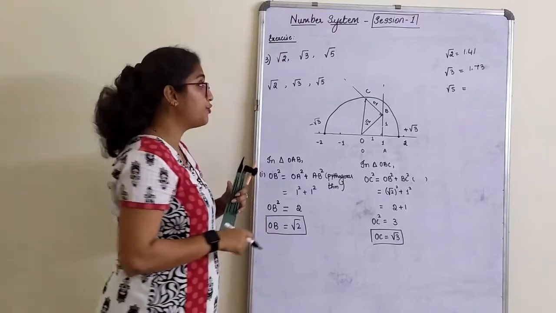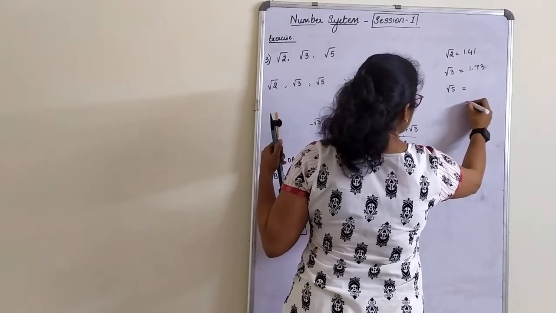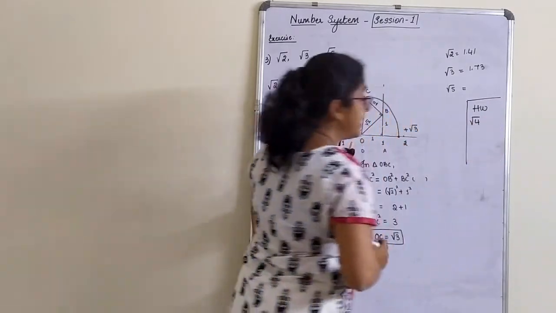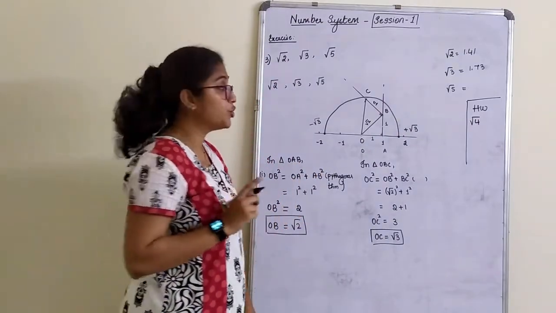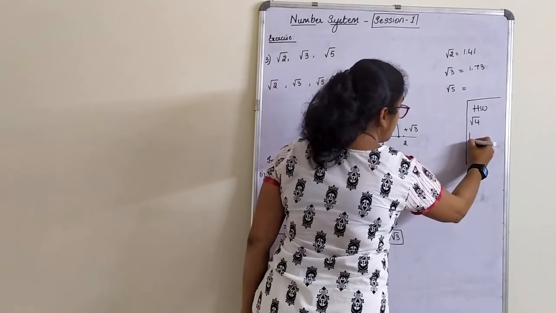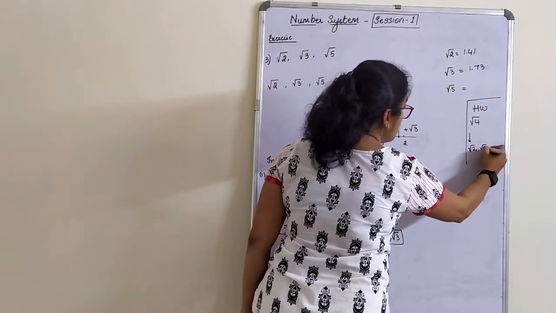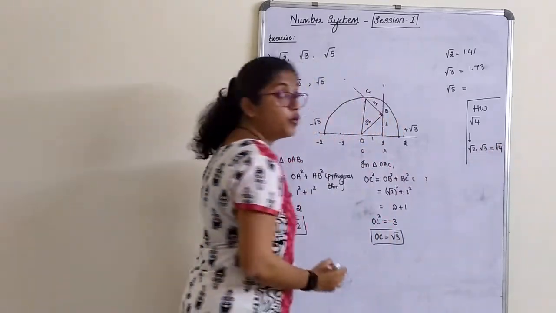You give a try for root 4. So your today's homework is root 4; you will try on the number line. When you want to plot root 4 on the number line, what you have to first plot? You have to first plot root 2. You have to first plot root 3. On root 3, what you plot will be root 4 on the number line.